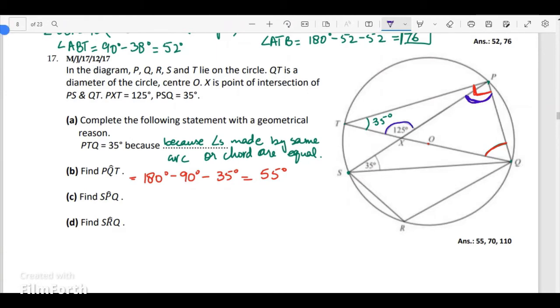For part C, I'm doing the first method. It could be maybe another method as well, but these are the two methods that I can think of right now. So if you look at triangle PXQ,